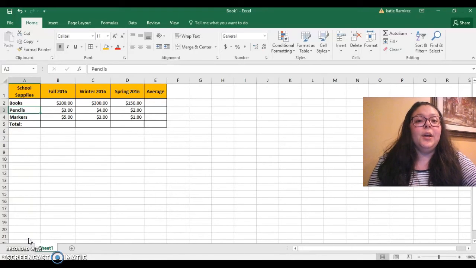So what I did was open up the Microsoft Excel application and open up a blank document. And I made a school supply list for us. I put the numbers for each book's pencils and markers, and we're going to find the sum for each one and also the average. So to find the sum for this one for fall 2016, what we're going to do is